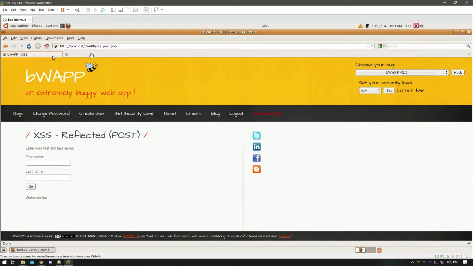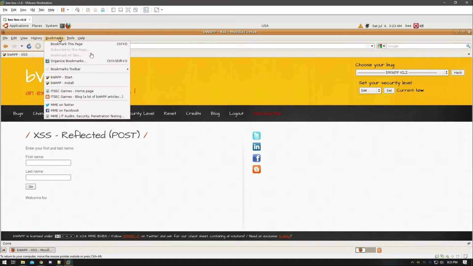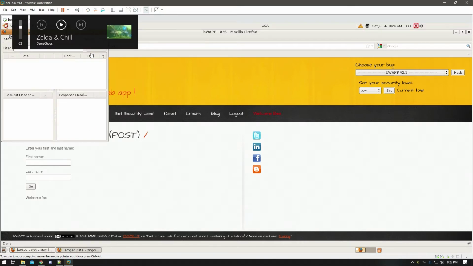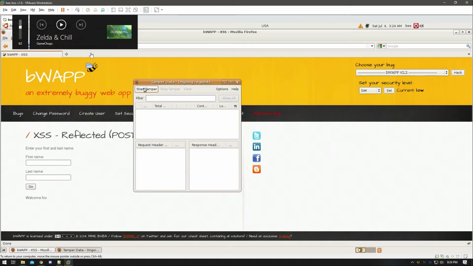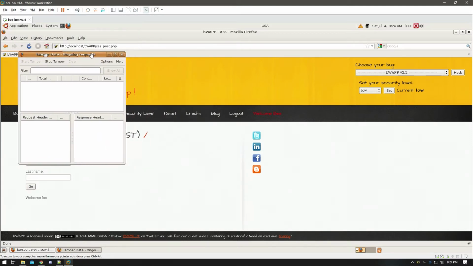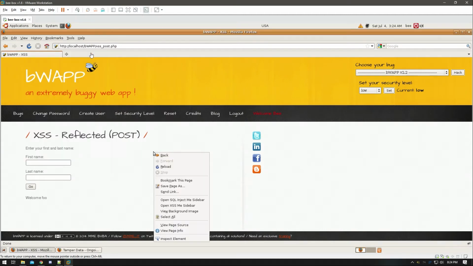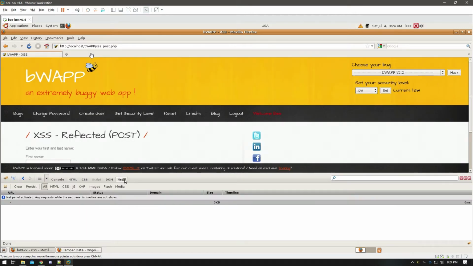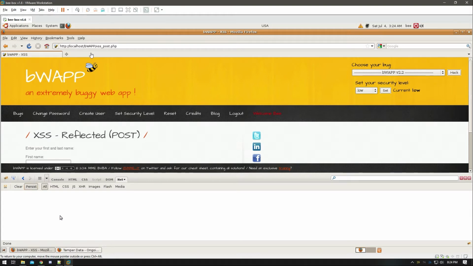First thing that we're going to want to do is go up to the top here above the URL bar. There's a Tools tab. There's a button called Tamper Data. We're going to click that, and we're going to hit Start Tamper. And then we're going to right click on the page, hit inspect element down at the bottom here, all the way over to the net tab. If this is deactivated, then go ahead and activate it. I'm going to clear it and hit persist, so that when we go to the next page, the logs will